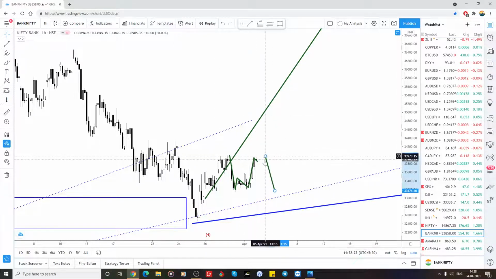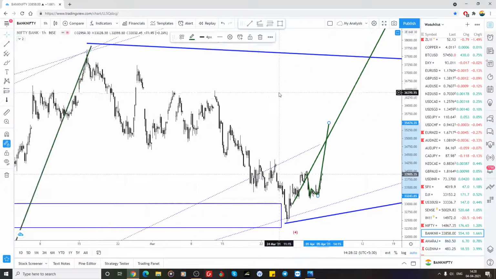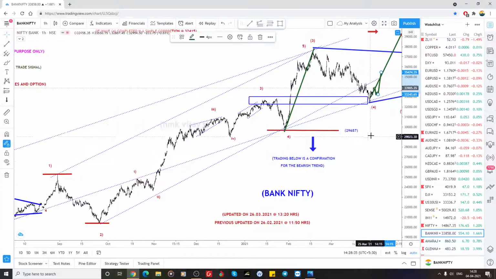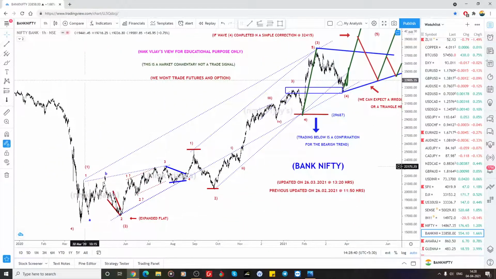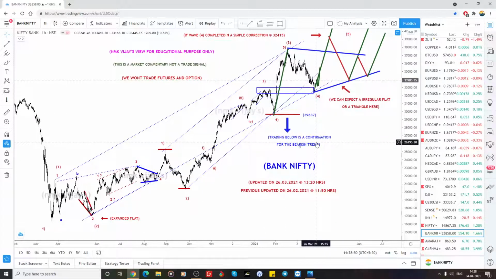Whether it is making a 5-wave structure, or a 3-wave structure as a complex correction, otherwise from here itself it has to shoot. Anyway, I am looking only for the bullish, the same as I explained here, wave 1, and this is wave 2. So 1 and 2 are all intermediate waves of the third. The fourth I just took as an invalidation zone for the bearish trend. From there, if it holds 32,200, it still remains bullish only.